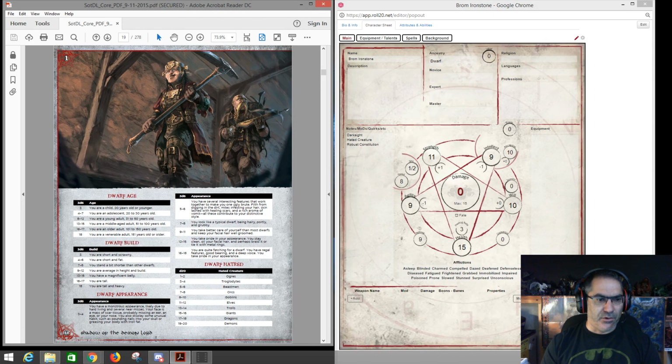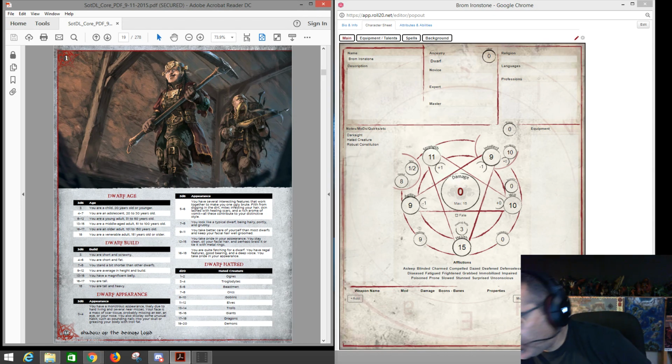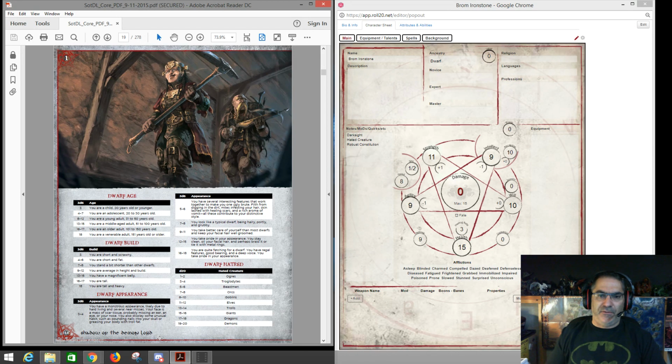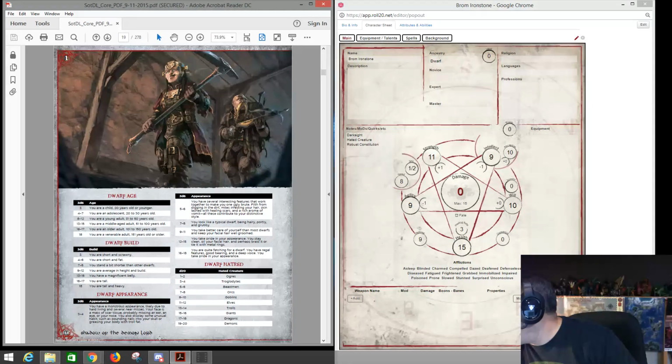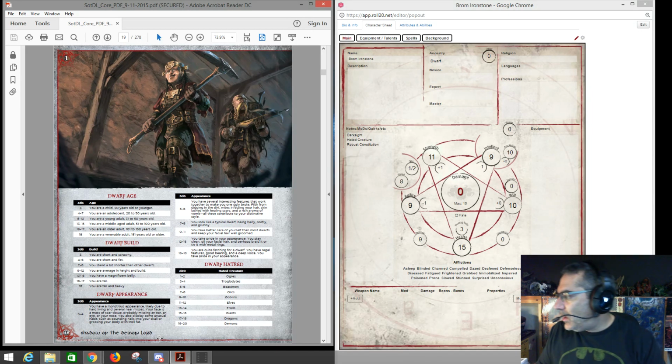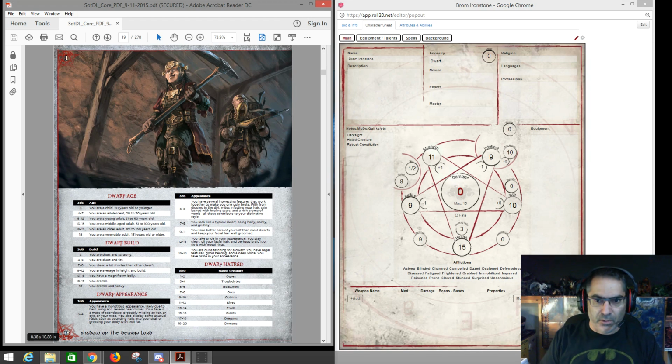your character that you can roll randomly, or you can just, if your GM wants you just to choose them, you can just choose them. I'm going to roll them randomly, and I'm going to see what I get on each of these. So for my dwarf age, which is the first table, it says to roll 3d6. So I'm going to roll 3d6 just here with normal dice, because I don't have my dice roller up on